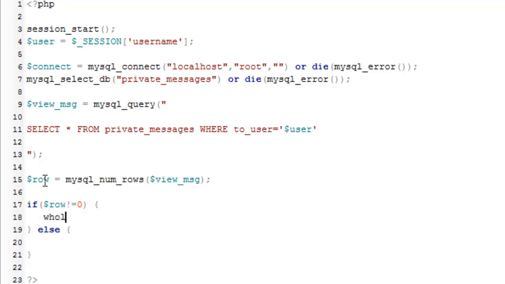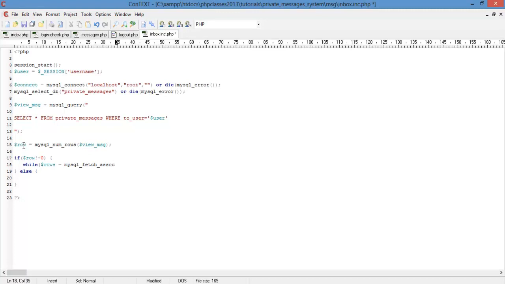Then you're going to say while rows equals MySQL fetch assoc, then we're going to say view MSG, and then you're going to put something else on here, and here we're going to say echo